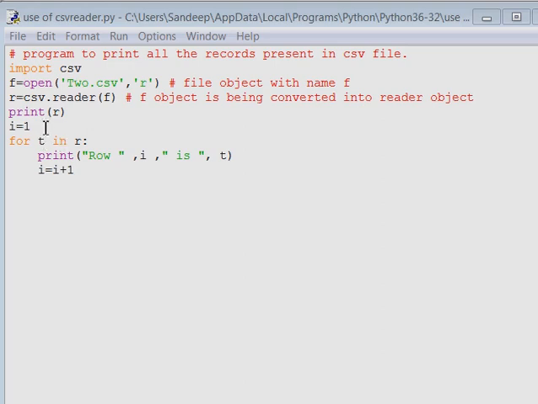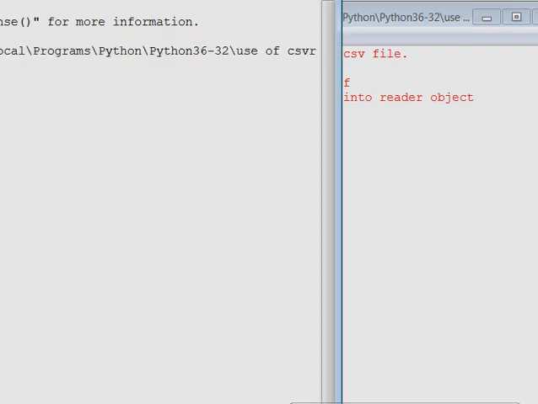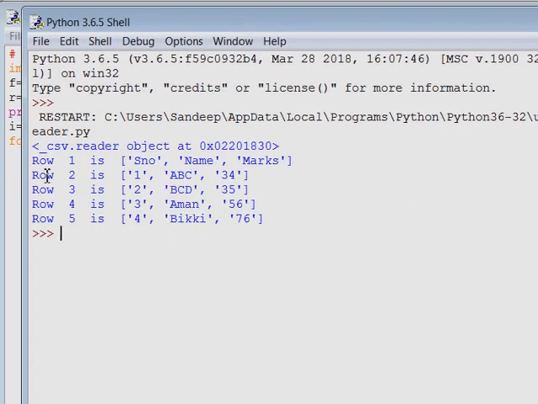See, I have just added one variable here, i equal to 1, and I have changed the print statement. In the previous example we have used just t here, but I have added row i is, and in the for loop I have incremented i equal to i plus 1. So if you press F5, it will show you the result as such.